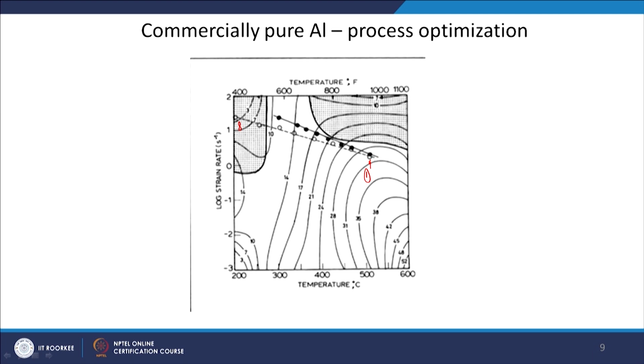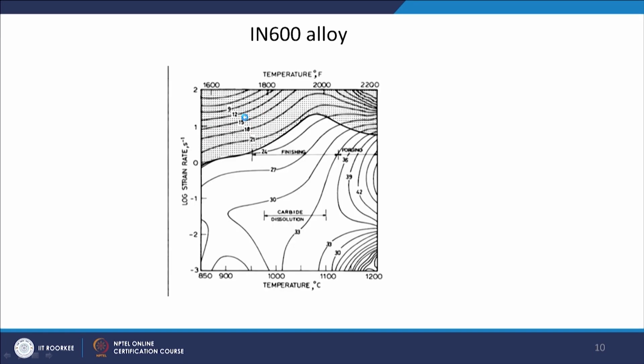And again you can see that they are trying to maximize the productivity by going to a very high strain rate. Okay. And they are starting from a temperature of 500 degrees Celsius and going down to 300 degrees Celsius, just trying to avoid this unstable region here. Okay. And not entering into this particular unstable region. Okay. So, that is how you can design a new process if you notice that the earlier process is going into the unstable region. So, what we can do is process optimization.